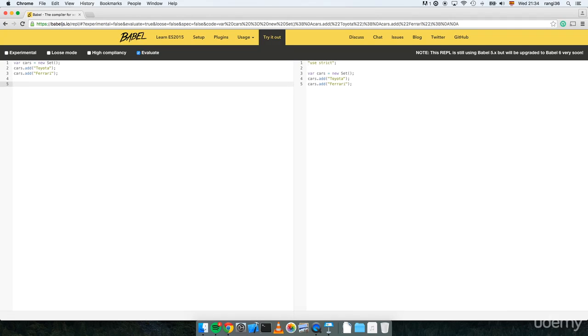Later on in our code, at some point, we would like to print if I have a Toyota, right? So we can do console.log cars has Toyota. True, right? But also I can check if I have a BMW and it's false, right? So that's super nice to have a set of values in a fashionable way, a high level set